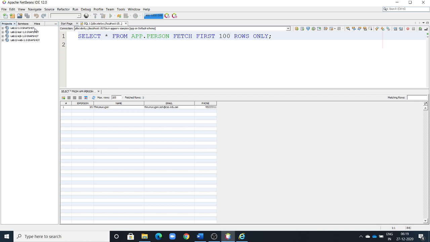What is this Lab 12 1.0? It is nothing but a Maven enterprise application. The assembly project is used to assemble the EAR archive from EJB and WAR archives, and it contains everything: you can add your JSF page, entity class, session bean for the entity class, and controller, that is the managed bean class.